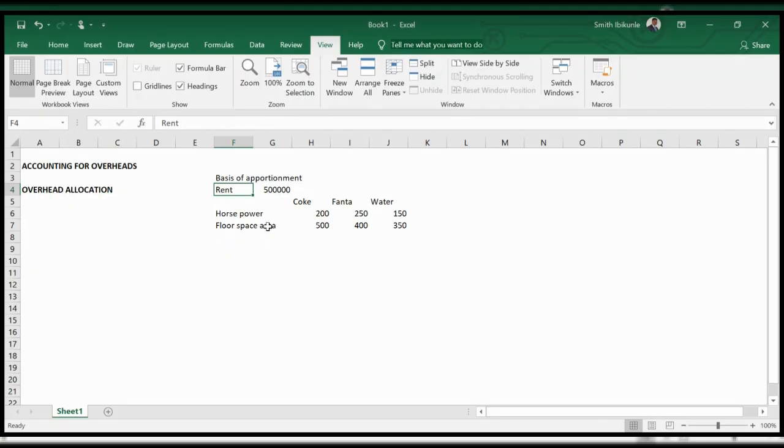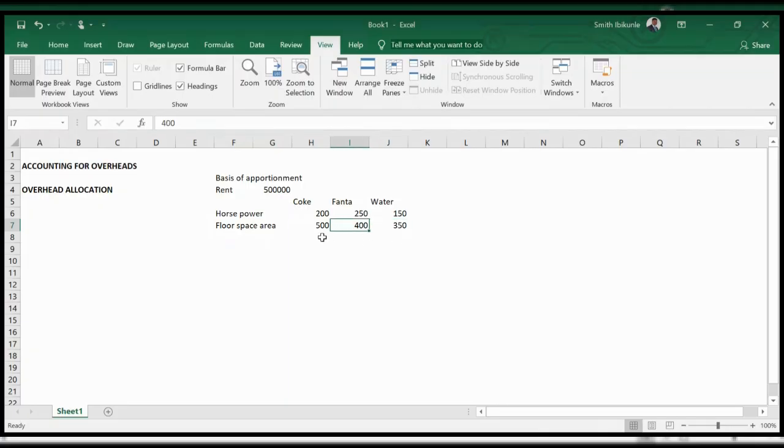Let's look at floor space area. Floor space area is the area, right? The area that is used by each of the factory. That is how large the area they are using is. So Coke is using 500 square meters, Fanta is using 400 square meters, water is using 350 square meters. So this is best for sharing rent because we are paying rent for the entire space or entire area we are using. So if we are going to share this 500,000 rent for these 3 departments, we'll use the area that they are using,